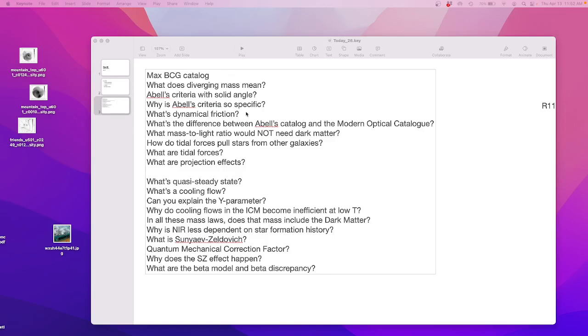What is dynamical friction? I will go through dynamical friction in the end, but this is a lot like if you're ever in moderately heavy traffic, which you never see here. It's either at a standstill on Thomasville or there's no traffic at all. But if you're going down a major highway,